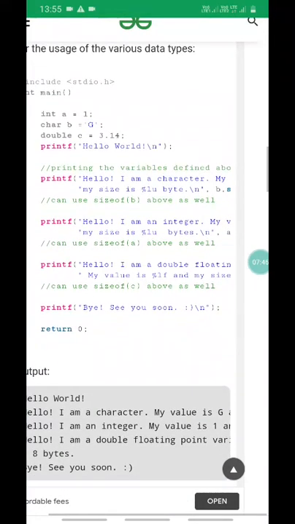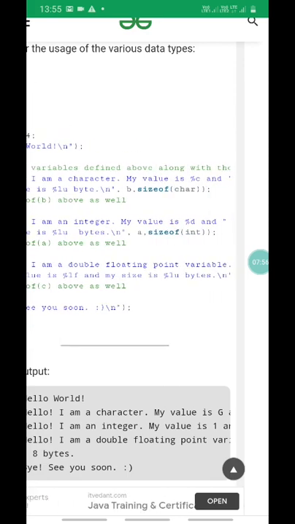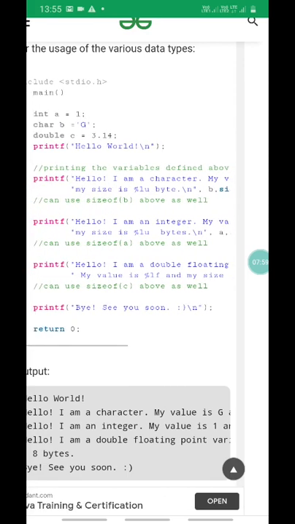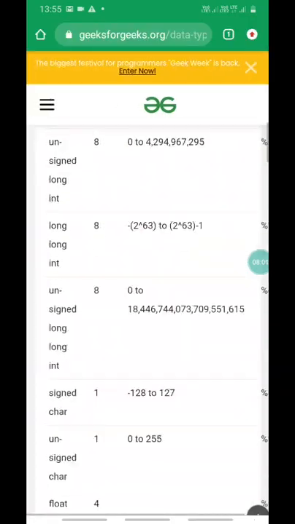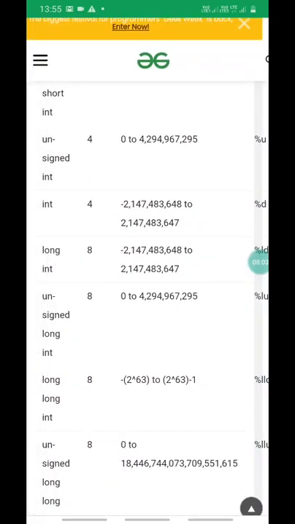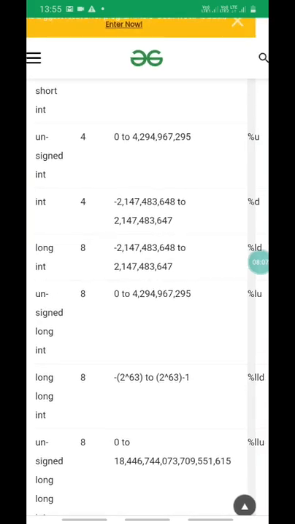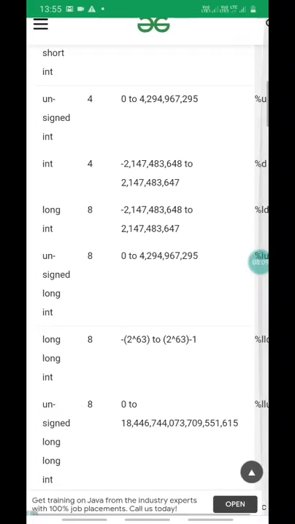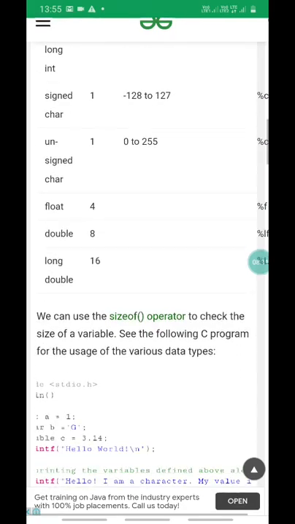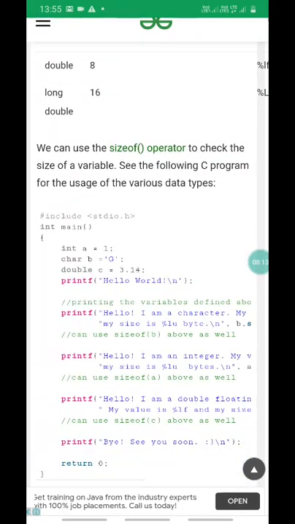You should correct the %. There is no mistake, it is %lf. And for the integer, one minute, the integer is %d. So there is one mistake.